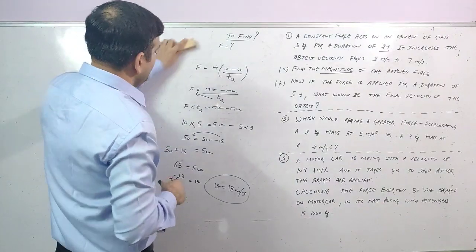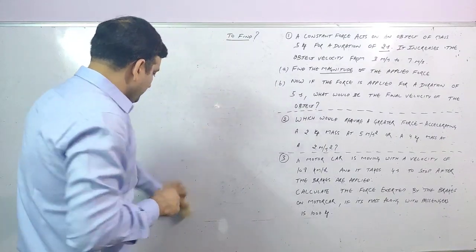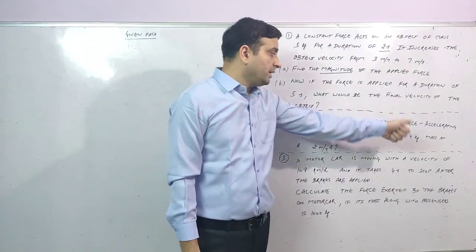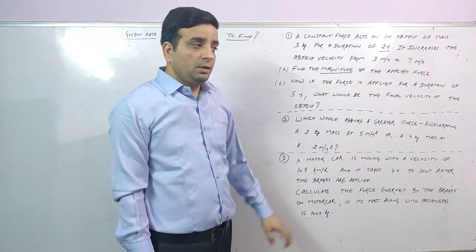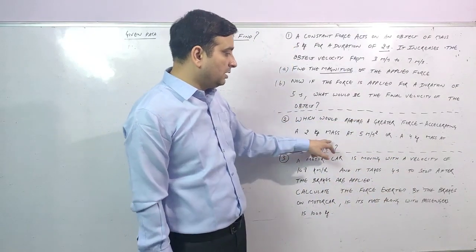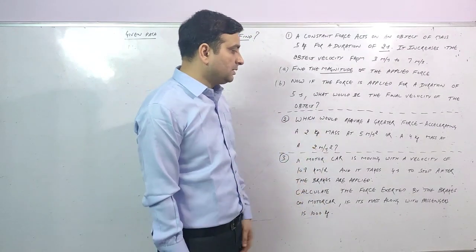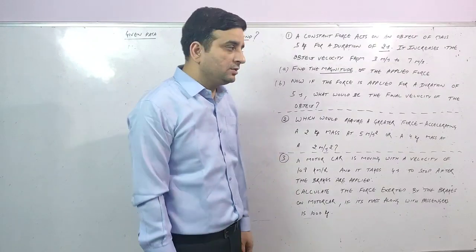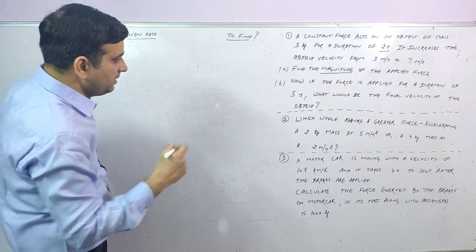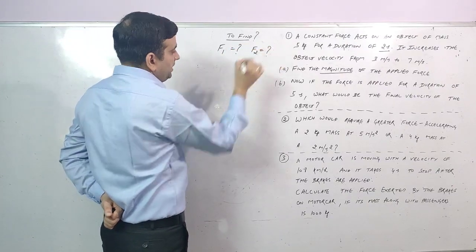Again we will follow the same pattern: what is given in this statement and what we have to find out. So read the statement carefully. Which would require a greater force? There are two conditions given. It is asking in which of the two more force will be required. First, accelerating a 2 kilogram mass at 5 meter per second square, meaning how much force should we apply on a 2 kilogram mass so that it achieves an acceleration of 5 meter per second square. And the second case is a 4 kilogram mass at 2 meter per second square. They are asking for the value of force in the first case and the value of force in the second case.